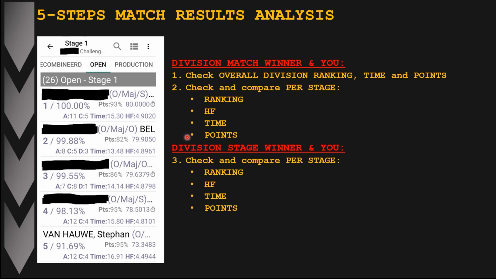And then as we did above, we'll take a look at the hit factor and the difference therein, the time, how much time the stage winner took to complete the course of fire, and the same thing goes with the points. How many points did he or she shoot, alphas, charlies, deltas, no penalty mics,